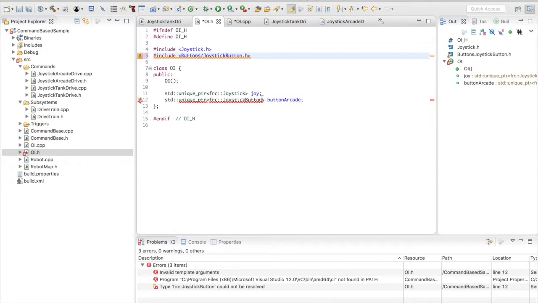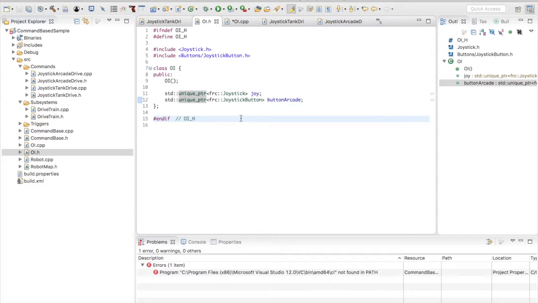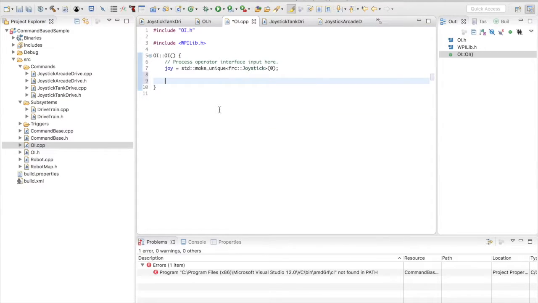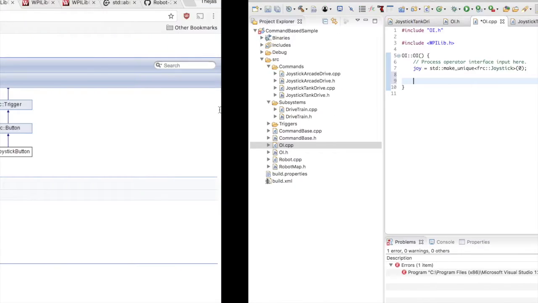We're going to do this in buttons, joystick button.h. So we actually had to include buttons/joystick button.h, and we have a joystick button that we're going to call button arcade. And then in our oi.cpp, what we're going to do is